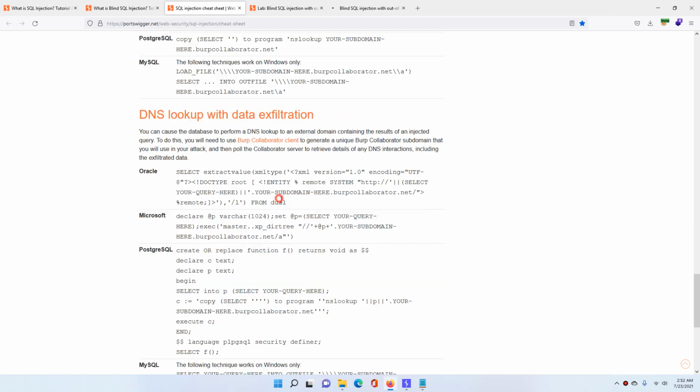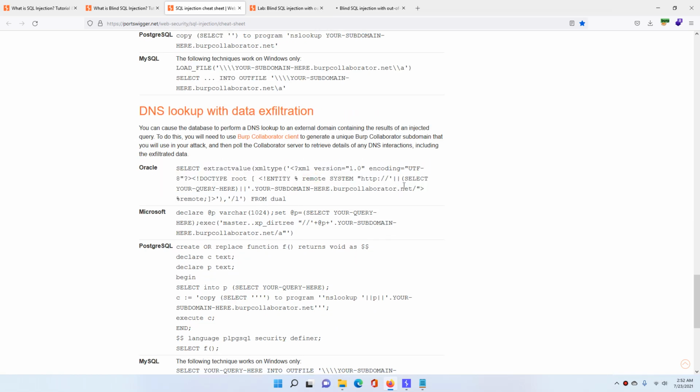Copy the payload, and all you need to do is, in the select query here, we just need the password. That is, we will write select password from users where username is equal to administrator, right? So it will be something like this.